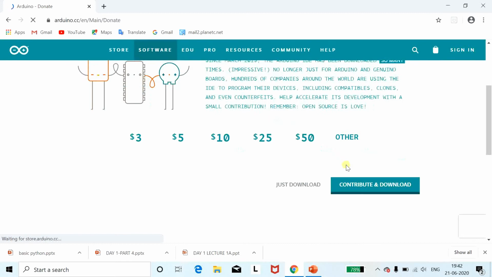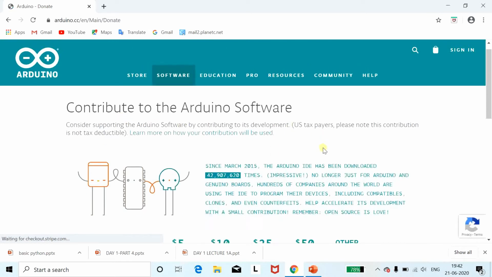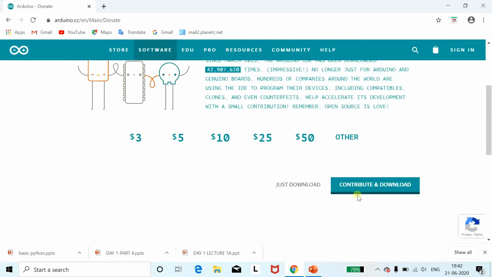Once you click here, it will ask you to contribute to Arduino software. So contribute and download or just download. You just click on just download. Once you click on just download, you can see that your Arduino downloading will start here. It's a file of 112 MB. It will take 2 minutes to download it.